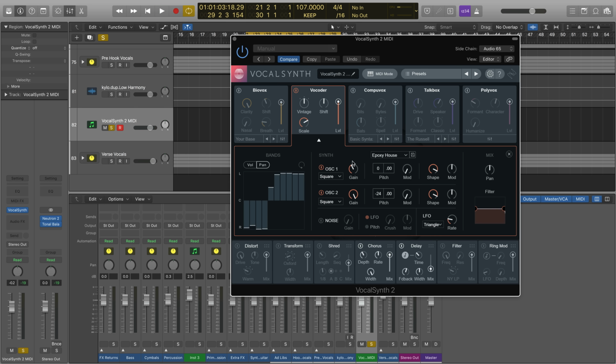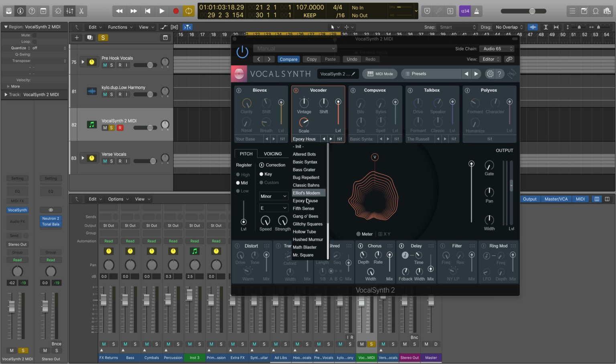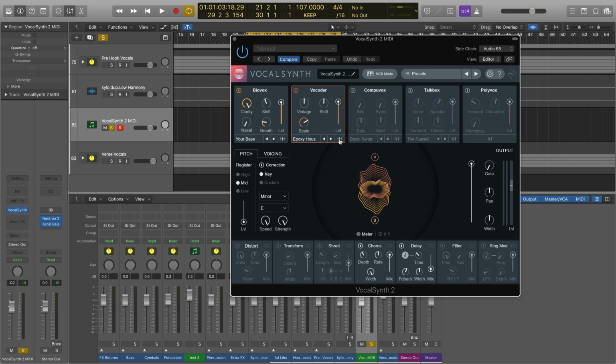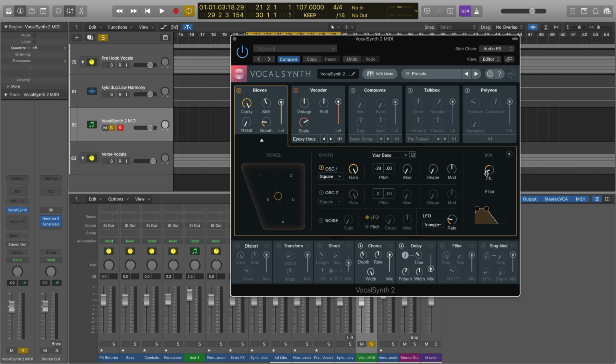We've also added per module oscillator presets, which you can toggle here or from here. The density of customizability in VocalSynth 2 doesn't stop there. For example, we can change the panning at a module level, again by going into this drop-down menu, and let's say having vocoder to the right and BioVox to the left.